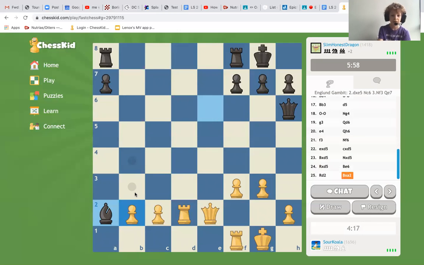Should I go there? Or should I attack his bishop and get my queen active? I think I'm going to go here. How does he stop rook a1? As he can defend against it. He can defend against it with queen to a6, but then I'll just pin him. Wow. Oh. Or should I...